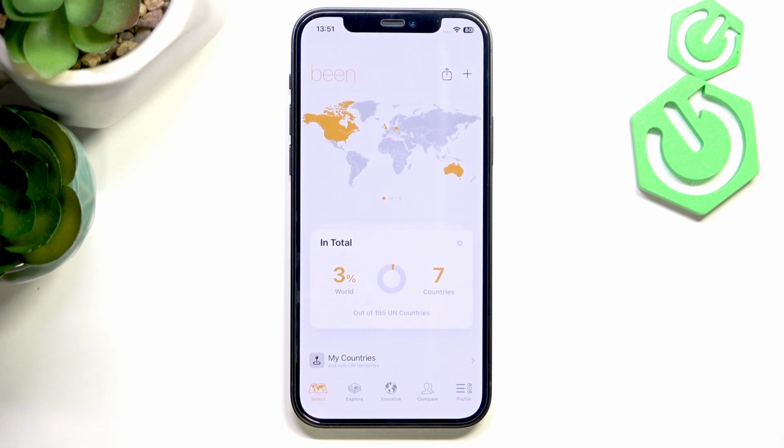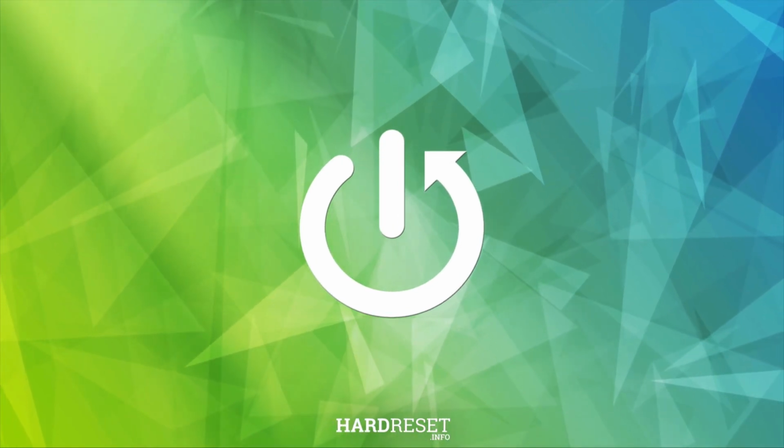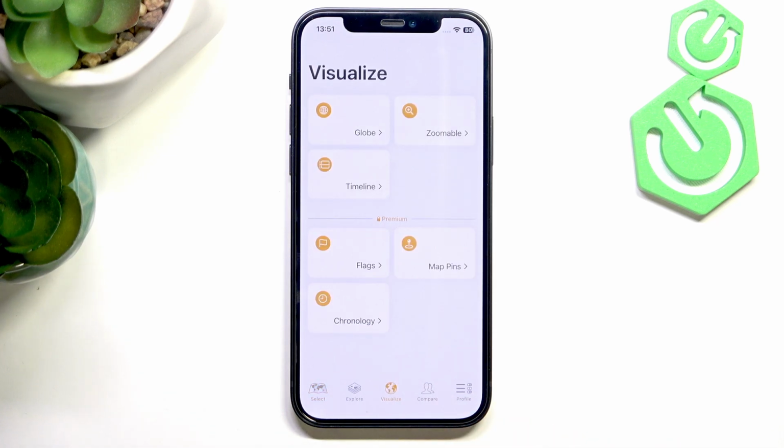Hello, in this video I'm gonna show you how to visualize your visited countries in Bing app. Visualizing them is pretty helpful. You can see the coverage of the globe that you've visited, and to do it you can go to